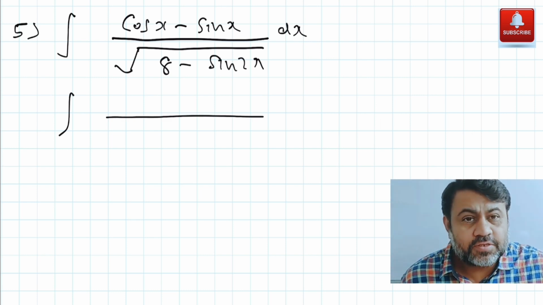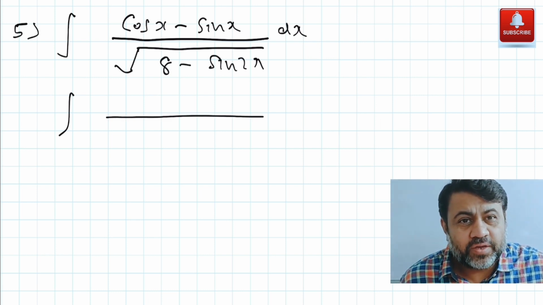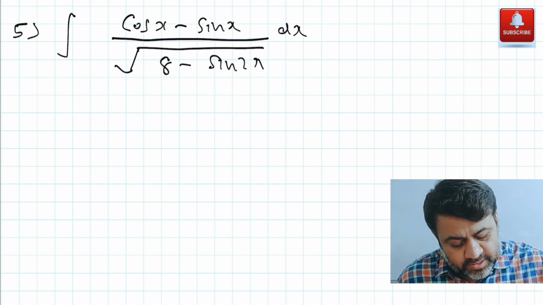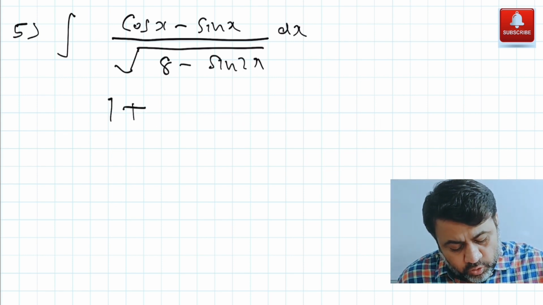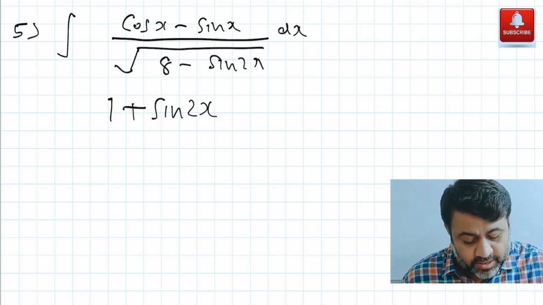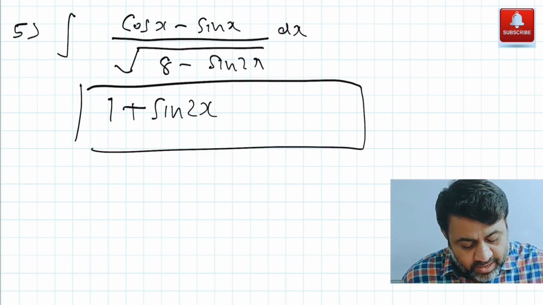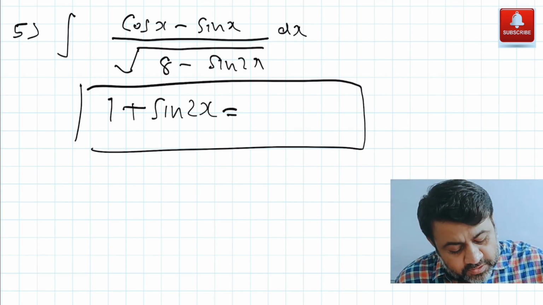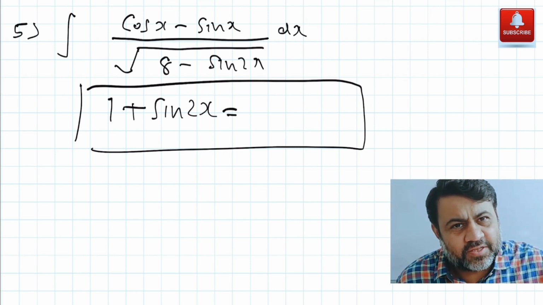The first thing is sin 2x gives me a slight idea कि अगर sin 2x के बदले 1 plus sin 2x होता... Do you remember what is the formula for 1 plus sin 2x? ठीक है, you need to remember before we start this question कि 1 plus sin 2x का फॉर्मूला आपको याद है क्या? 1 plus sin 2x is cos x plus sin x the whole square.